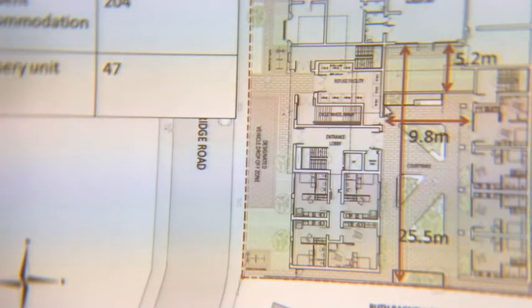So that was the depth of the courtyard, that's the width, and that was the nursery scheme. As you can see, this whole area here was overhung by development previously, and this boundary fence in between also overshadowed this space. So you can see the areas of space in that internal courtyard. So the student accommodation had 204 metres squared, and the nursery unit at 47 metres square. This is the proposed site plan, which has been amended to increase the quantity and quality